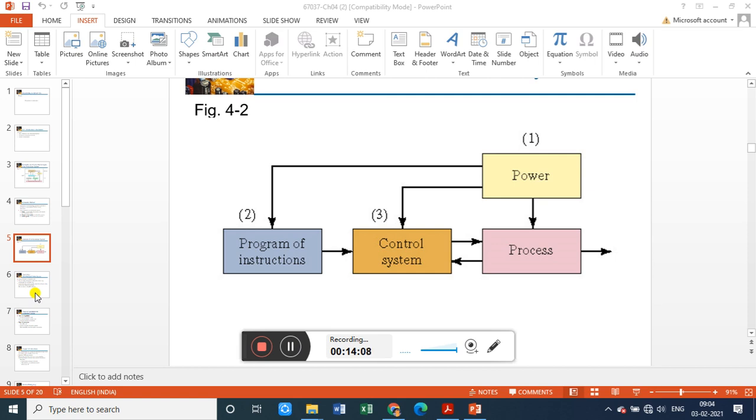You can explain it in such a way that power is required for the program of instructions. In the case of CNC you can understand easily: instructions are given for handling the control system, and the control system will be there in the case of CNC